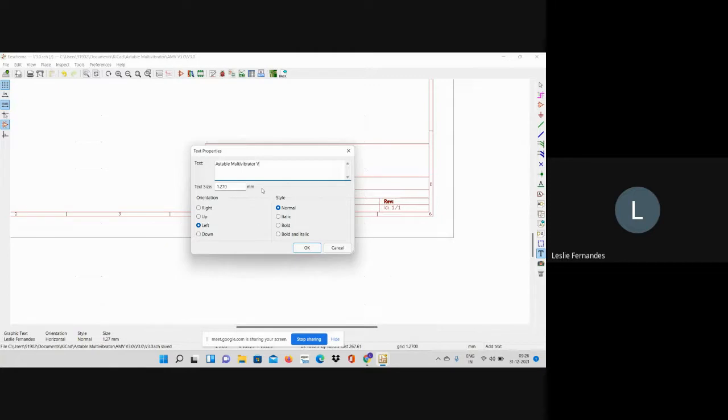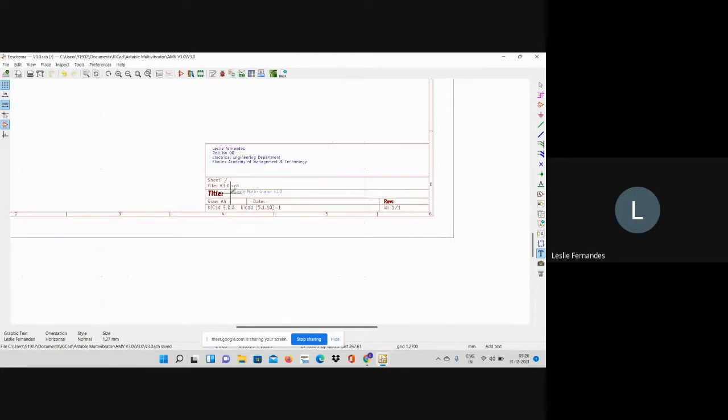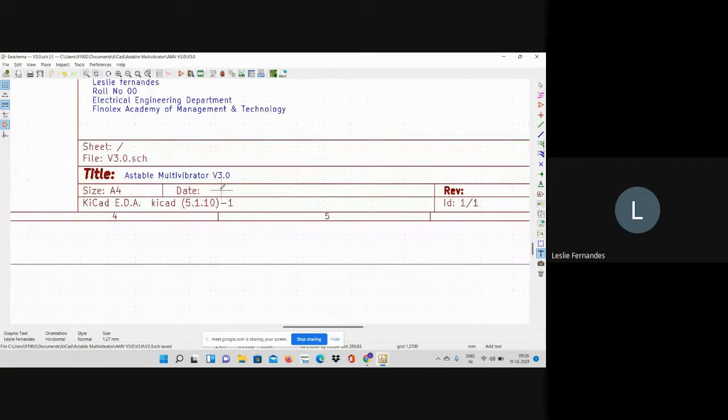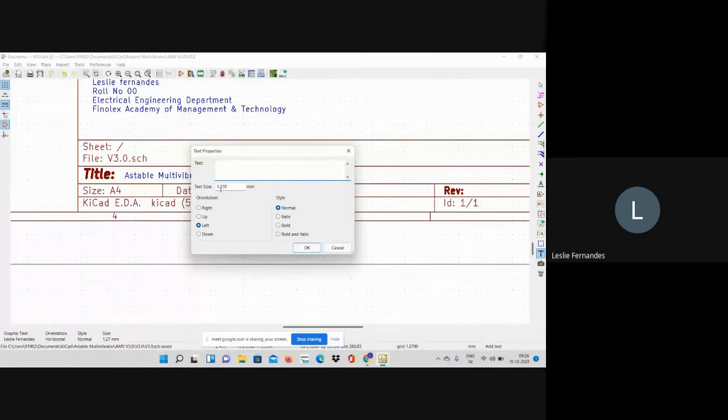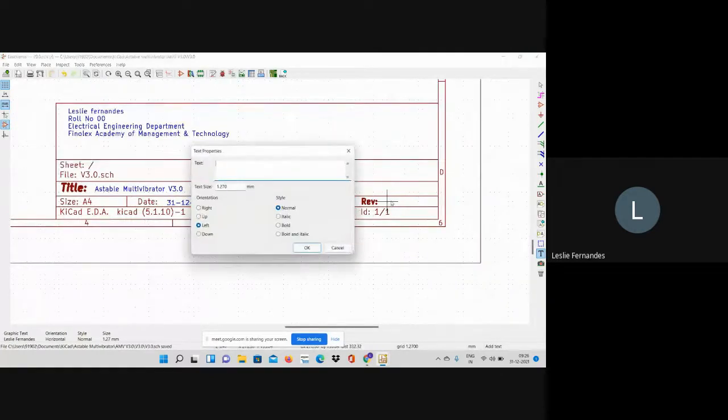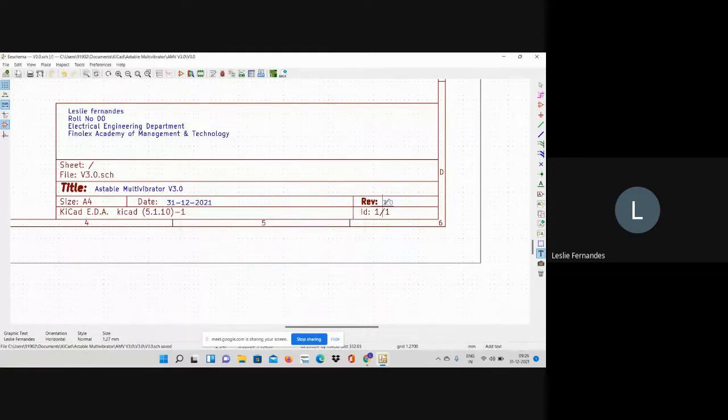Okay, and this I'm on my third revision. I've already done 2 revisions. This is the third revision that I'm doing. I'll place the date over here. So today is 31/12/2021. And okay, there is a place for revision also. You can say 3.0. Okay, for you, you can try 1.0, 2.0, whatever. You can experiment and find out.